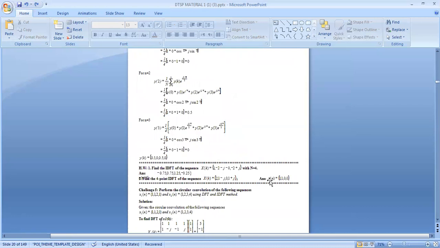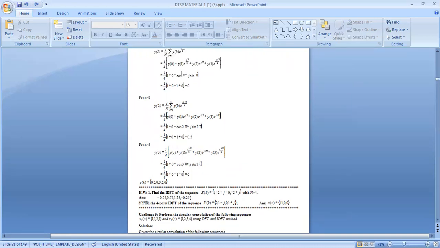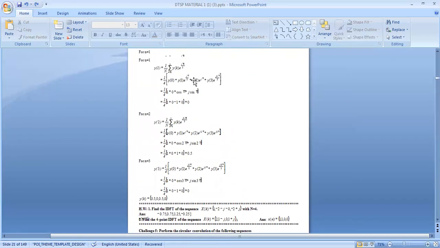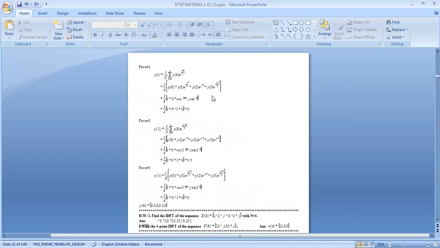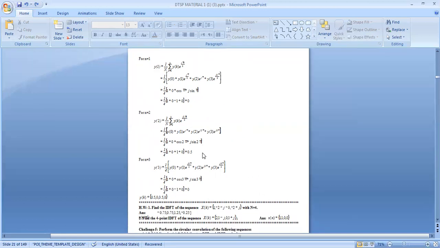Okay. So we'll be substituting over here. So you find out the value of what we'll be having over here. So the first one, y of 0 plus y of 1 plus y of 2 plus y of 3, so n is equal to 0. We know the complete entire value. For n is equivalent to 1, y of 0, y of 1, y of 2 plus y of 3. So cos pi plus j sin pi. So we know that the answer will be 1 minus 1, which is 0. The entire answer will be 0 over here. Similarly, when you are substituting for n is equivalent to 2, we get the value to be 0.5. For n is equivalent to 3, we will be getting the answer to be 0. So the final answer for the IDFT of the sequence y of k is 0.5, 0, 0.5, 0.